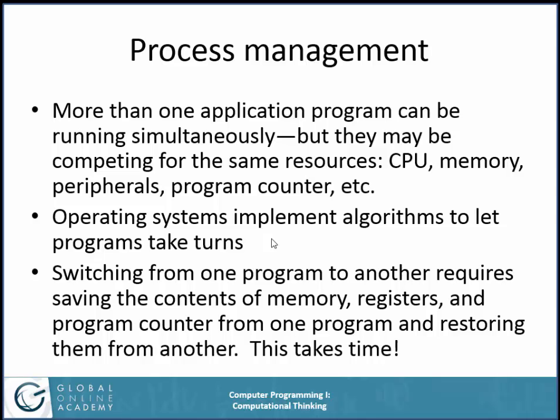Just, you're running 3 programs, it looks like they're running at exactly the same time, but what's really happening is there's some time slicing going on. Here, you get a few microseconds to run, then the next program gets a few microseconds to run, then the next program gets a few microseconds to run. Switching from one program to another